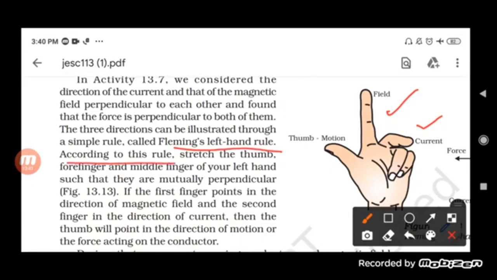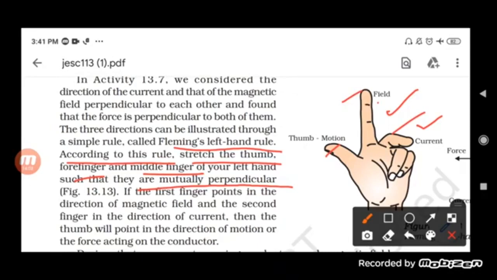Remember that according to this rule, stretch the thumb, forefinger and middle finger of your left hand in such a way that they are mutually perpendicular to each other. So we have to stretch. You can see here in this picture itself that this is the forefinger, this is the middle finger and this is the thumb. If all the three are perpendicular to each other, then